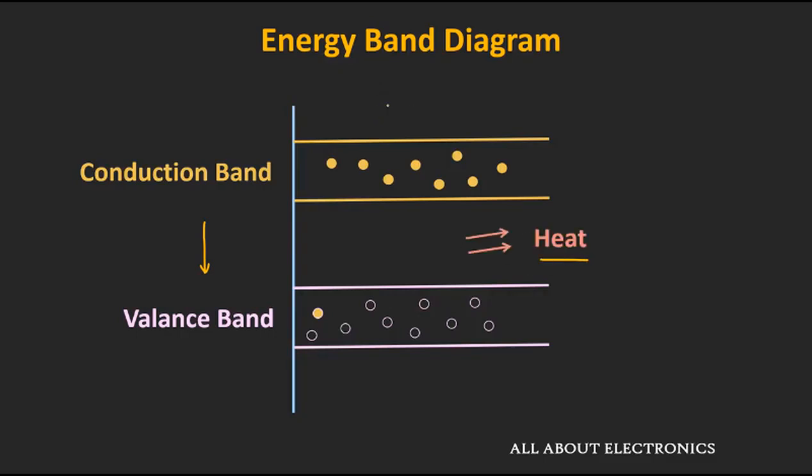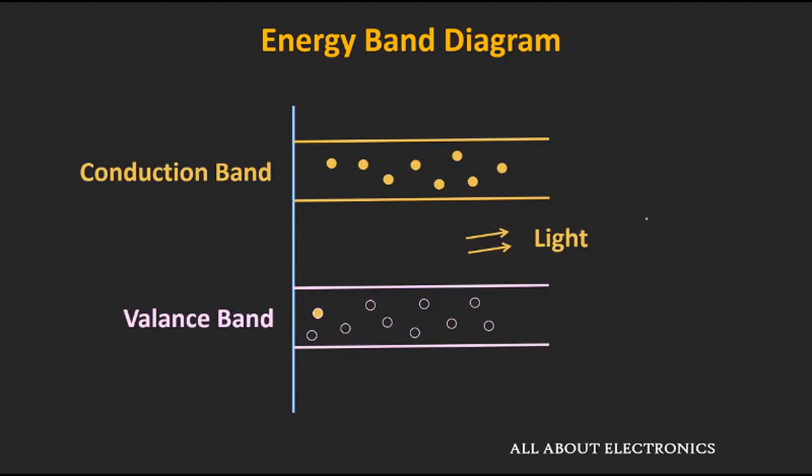This is because in the fabrication of the PN junction diode, semiconductor materials like silicon and germanium are used. And in these materials, during the recombination of holes and electrons, the energy is released in the form of heat. On the other hand, for LEDs, during the recombination or the transition of the electron, the energy is released in the form of light or photons. Because in the fabrication of the LED, different semiconductor compounds like gallium arsenide and gallium phosphide are used. And in this type of semiconductor compound, during the recombination, the energy is released in the form of photons.